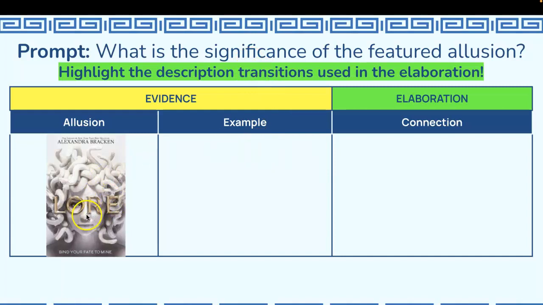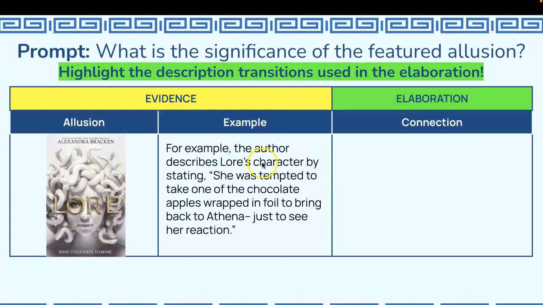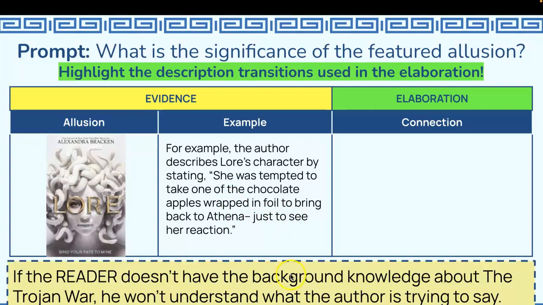This one comes from this book called Lore. For example, the author describes Lore's character by stating, quote, "She was tempted to take one of the chocolate apples wrapped in foil to bring back to Athena, just to see her reaction." If the reader doesn't have any background or knowledge about the Trojan War, they're not going to understand what this